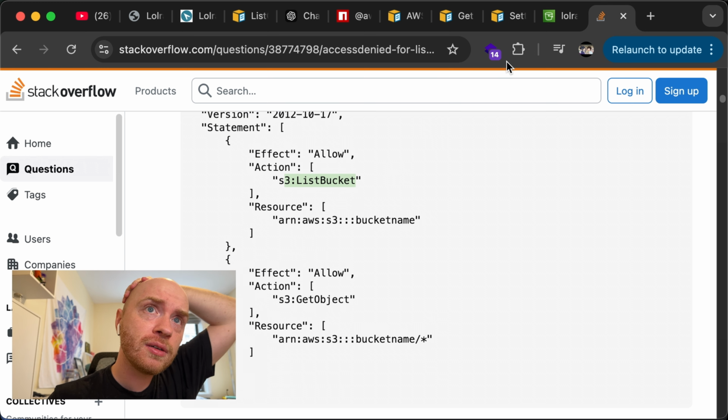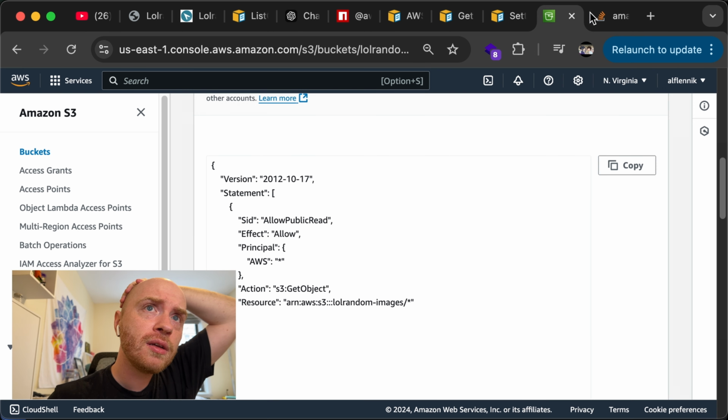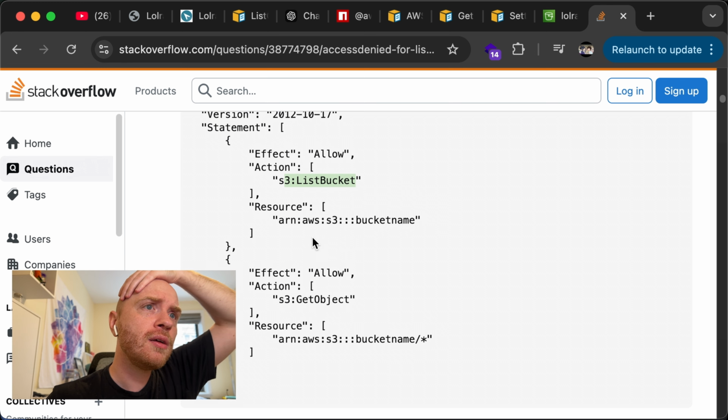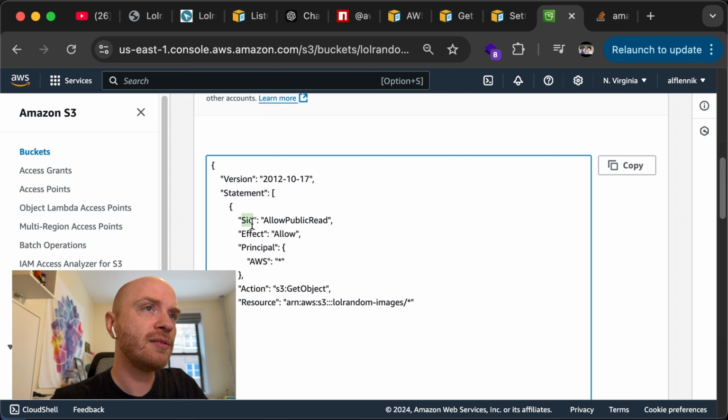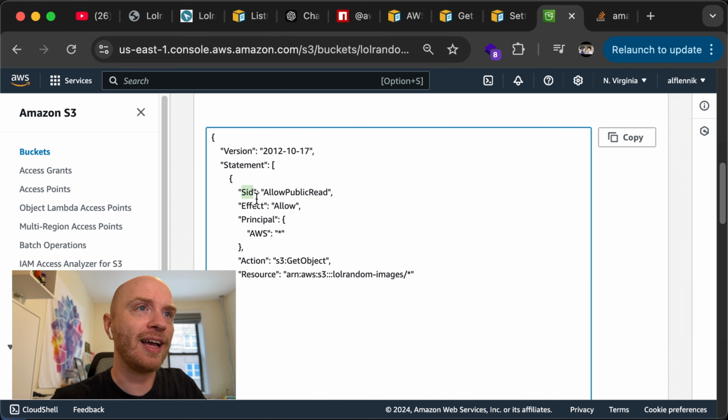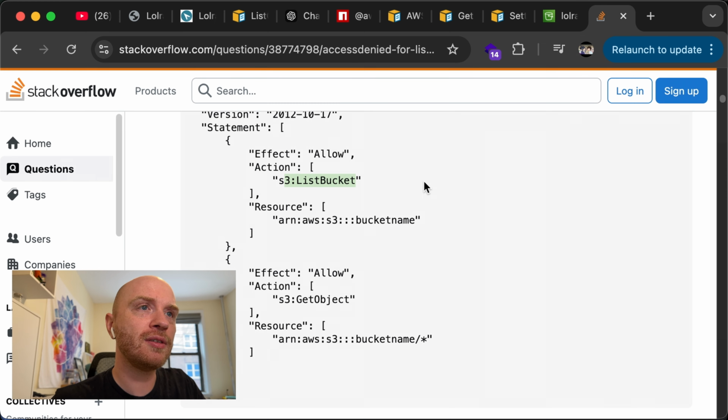Effect, allow. I wonder what this SID is. I guess that's not optional. Action, get object, resource. I wonder if I could make this an array.